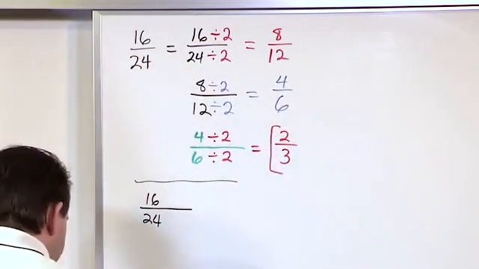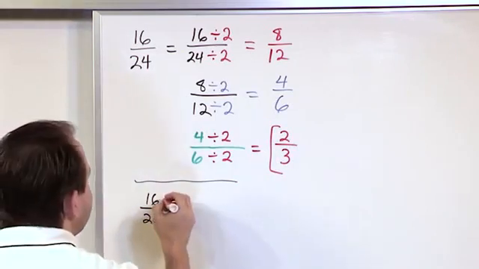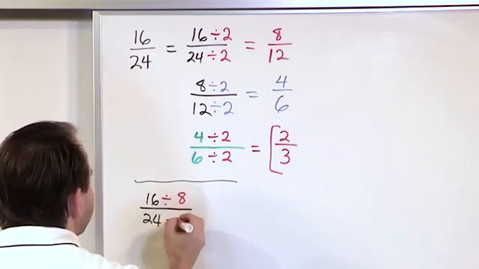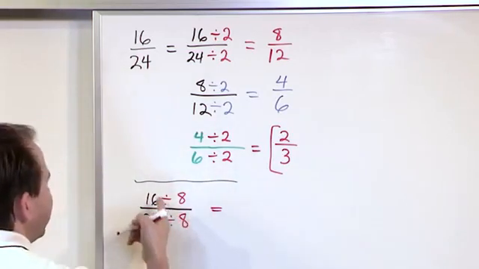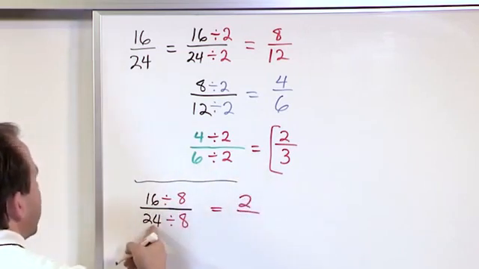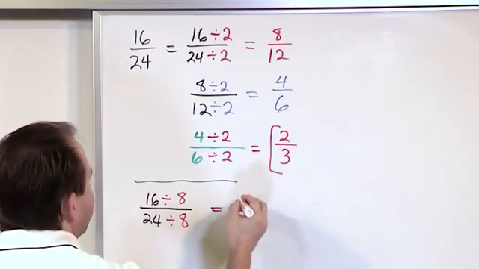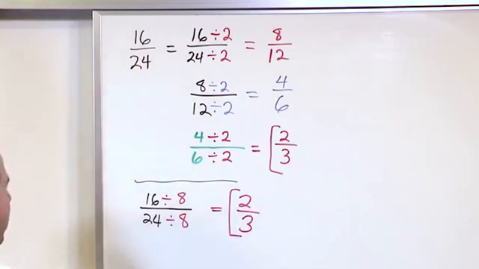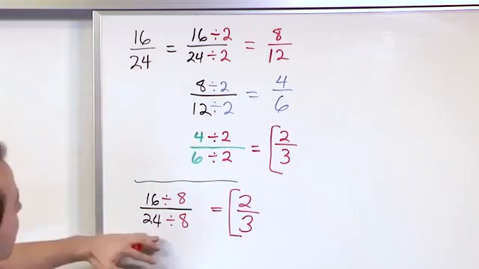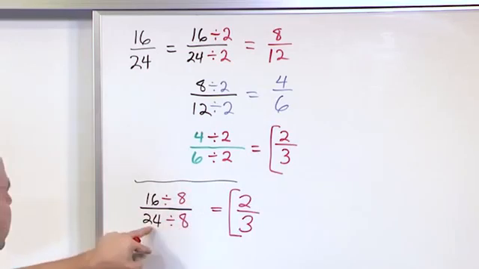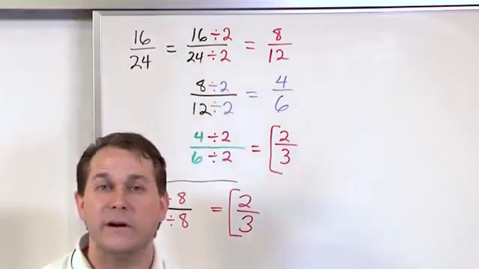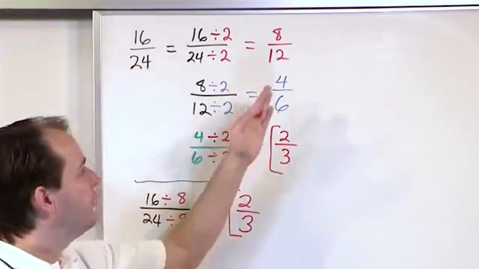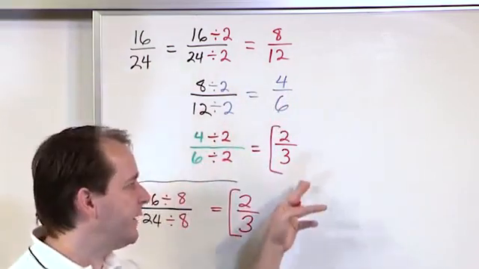It works just great. But if you were to notice that you can divide the top by 8 and the bottom by 8, if that was the thing that popped into your head, then 16 divided by 8 is 2, and 24 divided by 8 is 3. So you would get 2/3 because 8 times 3 is 24. What I'm trying to say is, if you happen to see the biggest number that you can divide by, you might arrive at the answer in one step. But even if you don't see that, if you just keep dividing by 2 or whatever you need to, as long as you keep checking and continuing to simplify, you're going to get to